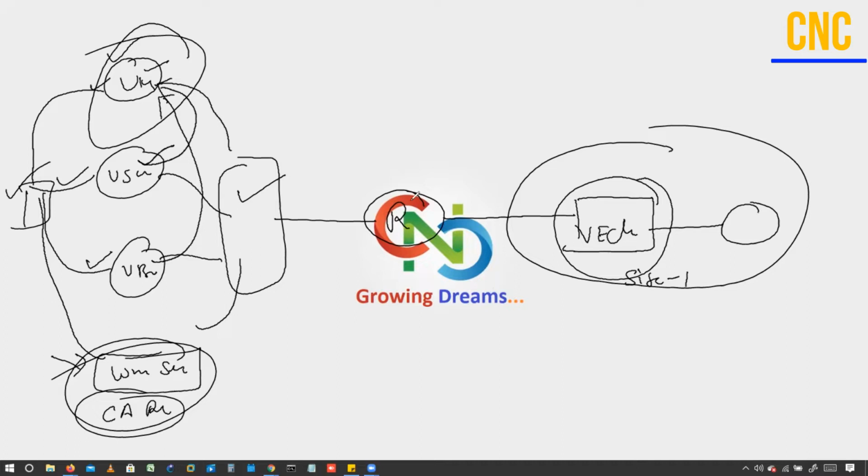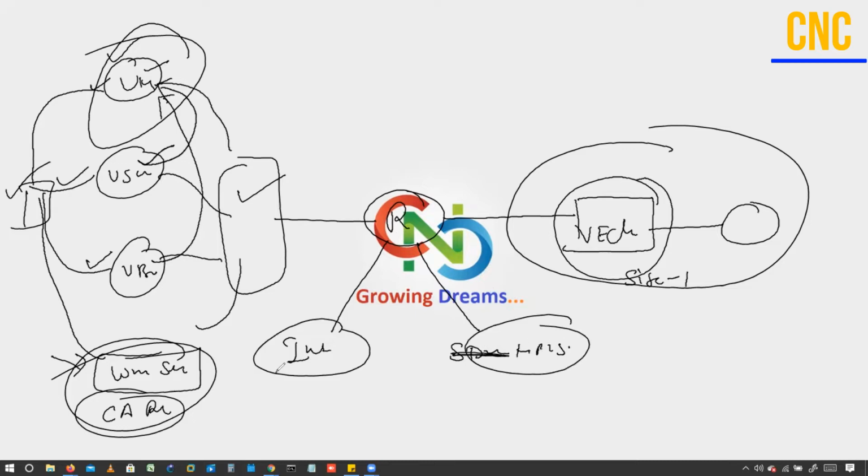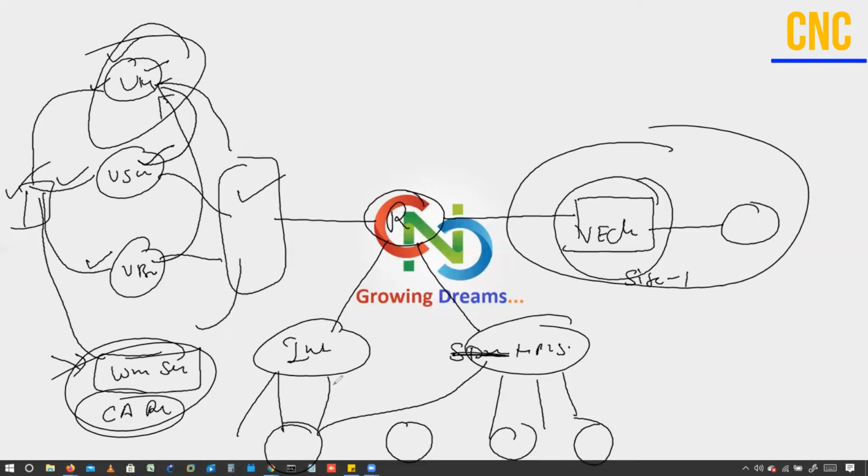This is a base setup. After that, we will add an internet router. Basically, this will be an MPLS network. And then finally we will connect multiple sites here. One site will have one connection with the internet, and the same site will have a connection with the MPLS network also. Let's suppose we have 4 to 5 sites here, or we can take 2 or 3 also. One connection from here, one from here, and one from here. Like this, I'll configure the sites.